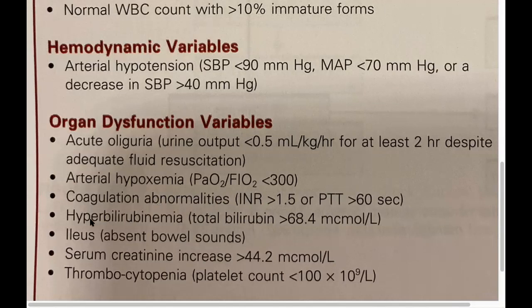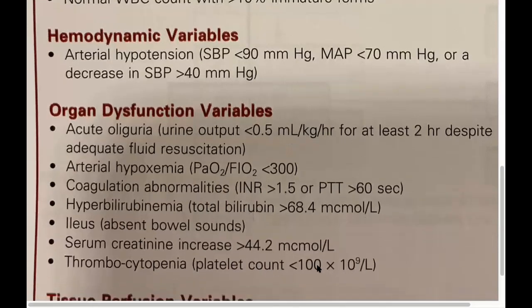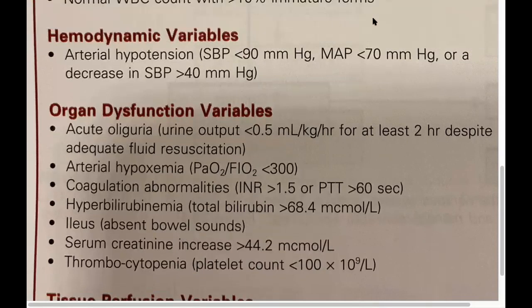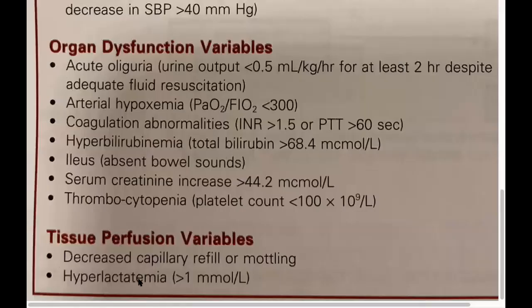We don't really go into the bilirubin ileus. We talked about why that could be. Creatinine we've talked about, and the platelet count goes down because, again, those platelets are being used for clot formation. Now, it's possible you could have someone who's septic who has an increased platelet count, because that trauma and infection can also cause an increase in platelets. So again, you don't have all of these with sepsis, but you could have some of them or a few of them, or all, if you're really unlucky. As we'll see when we look at lab work,